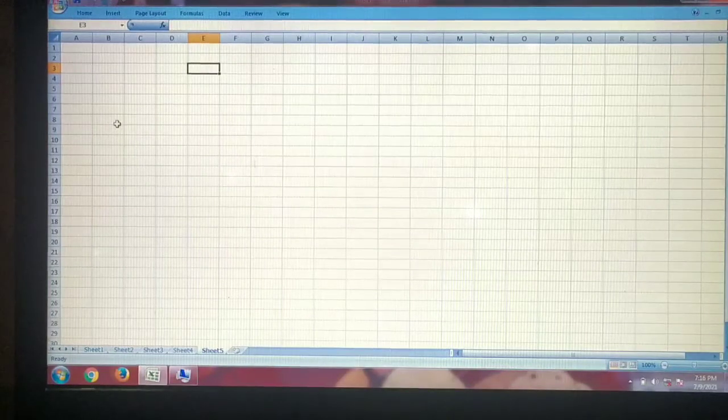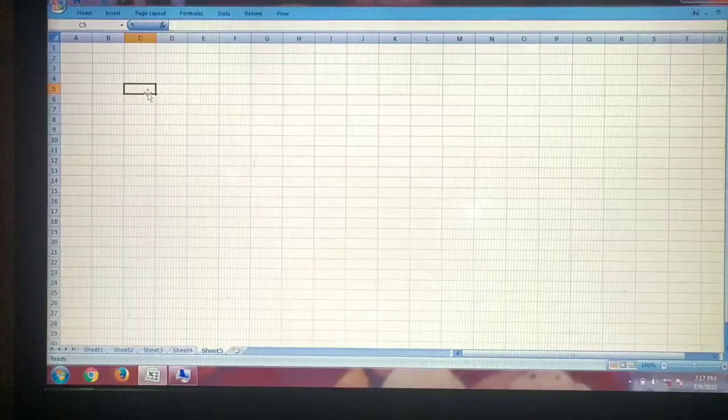Our second cell address is the absolute cell address. An absolute cell address is one where both the row number and column label are preceded by a dollar sign. When we use a dollar sign just before both the column heading and row heading, that is known as an absolute cell address. For example, if we click on this particular cell, the relative cell address is F4. If we read the cell address as $F$4, that is known as the absolute cell address.